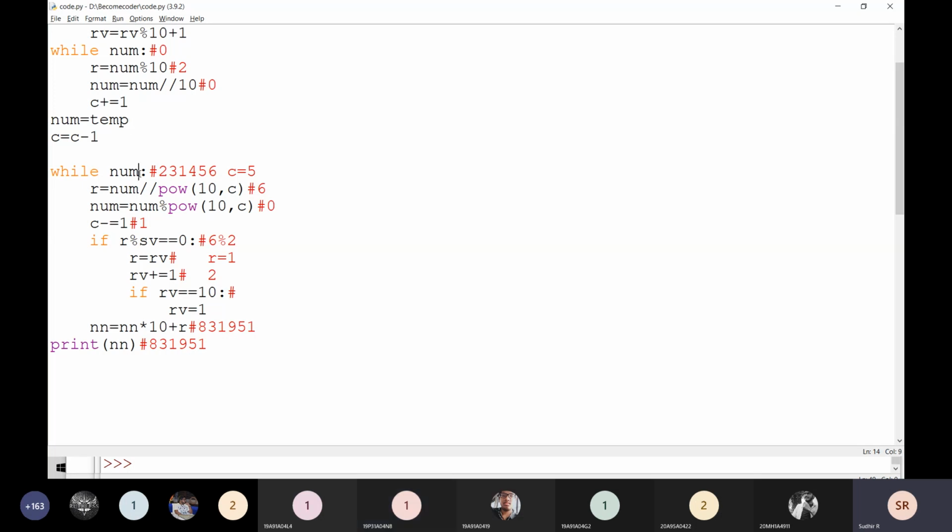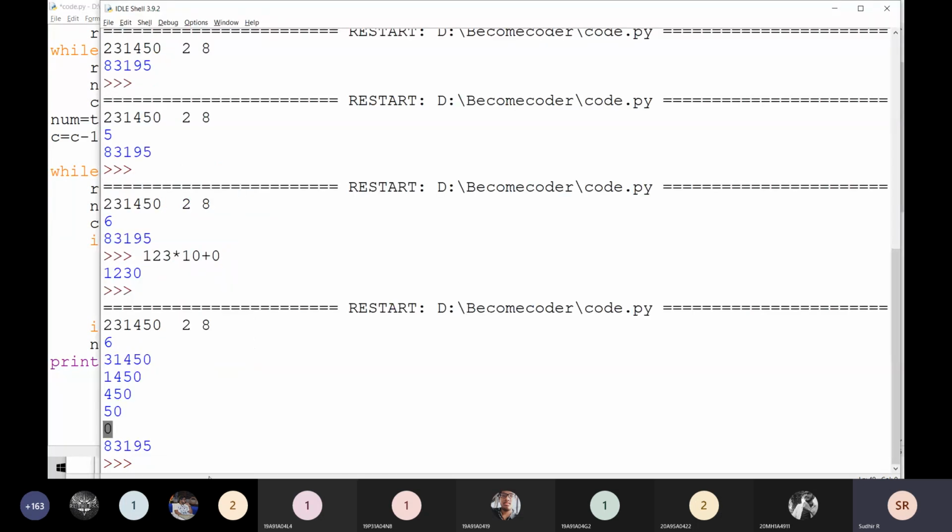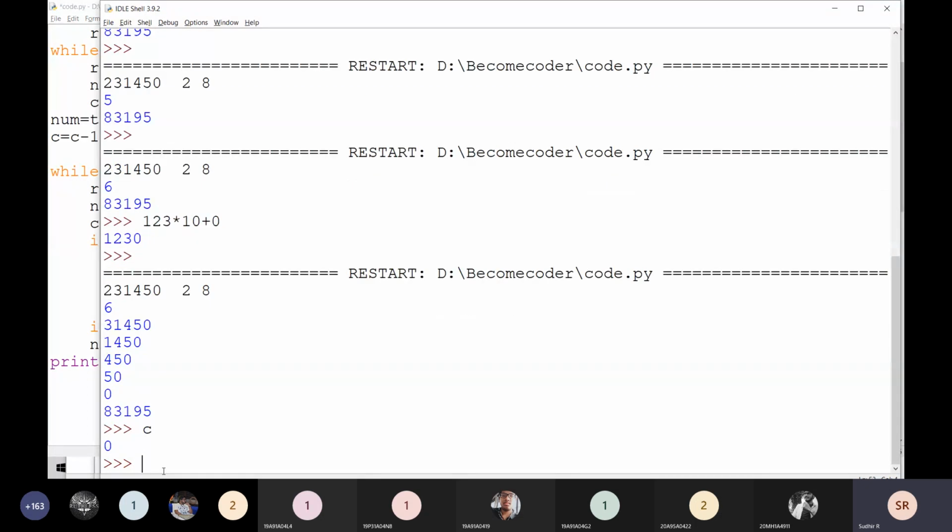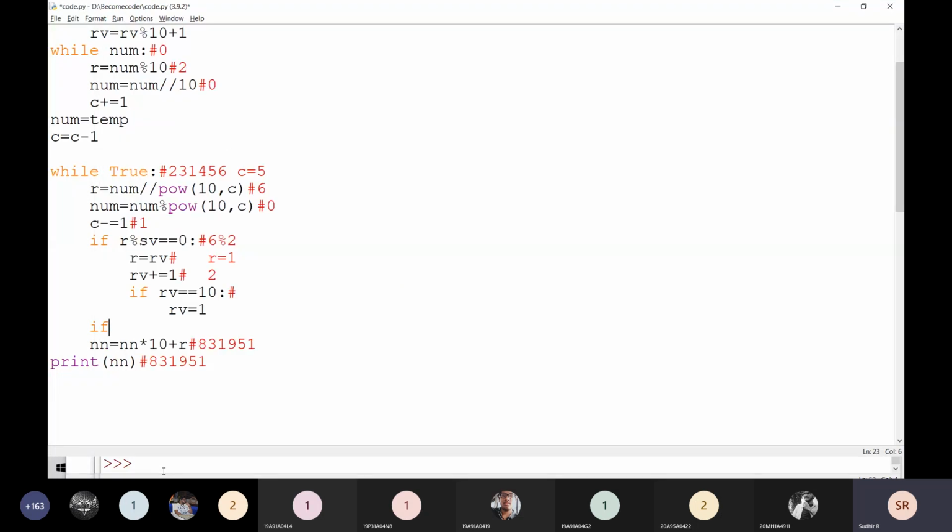Just a minute, I have to convert into true here. Infinite loop, just excellent idea that is. Here I am going to write if, what is C value at this position, I am going to print it. What is C value? C value is going to be 0. That is not a fair one here. Just a minute, but that is a nice idea.